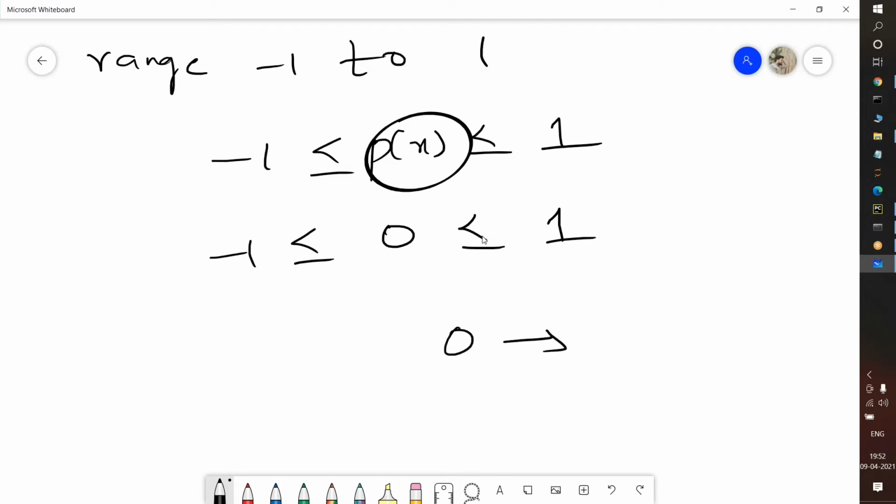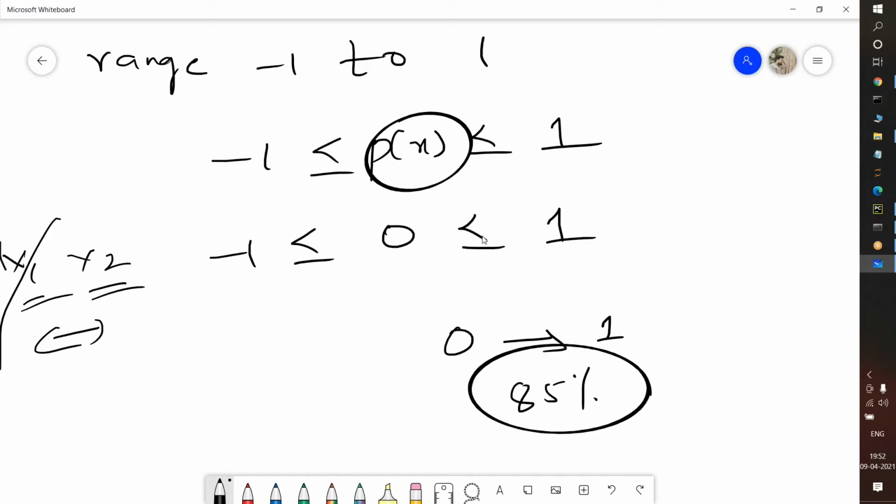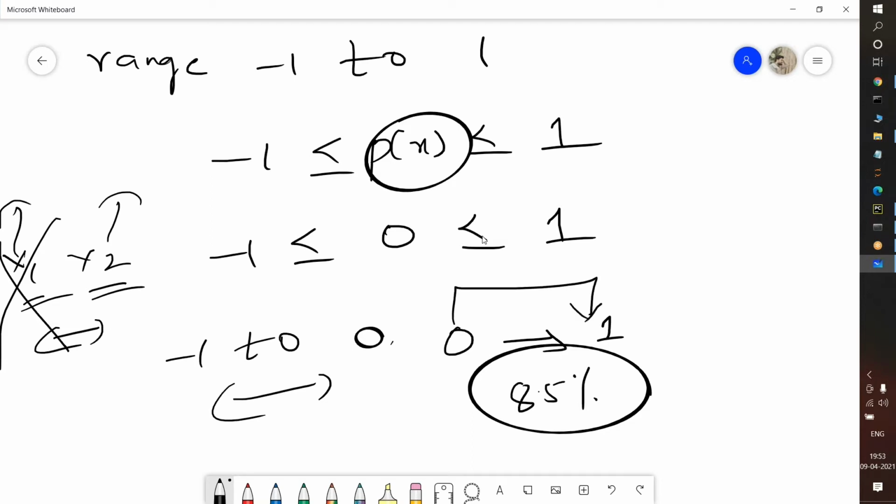So from 0 to 1, if it is in this range and gives more than 85%, we can remove a column. In x1 and x2, suppose I am finding the correlation for these 2 columns, if I get 85%, I can remove one column, because 85% of the data of x1 is carried by x2. Okay, if -1 to 0, it is a negative correlation. From 0 to 1 means it is a positive correlation. Minus 1 to 0 means negative correlation. Okay. This is how we can find out the correlation.